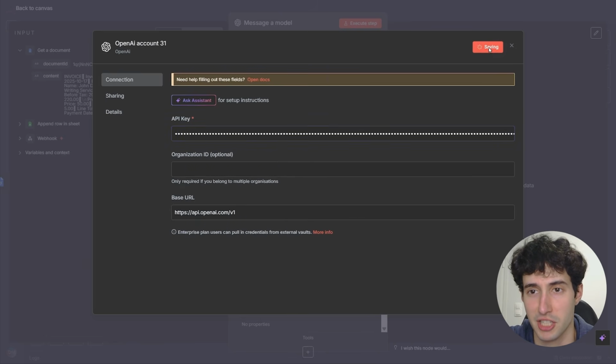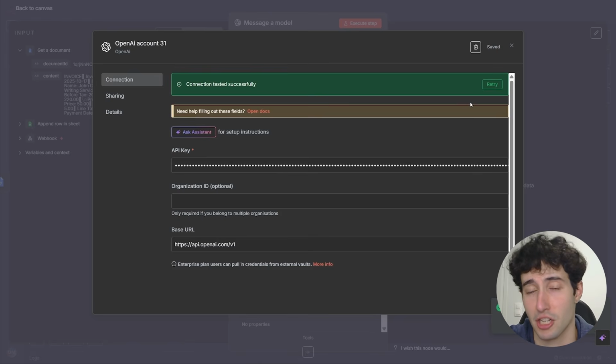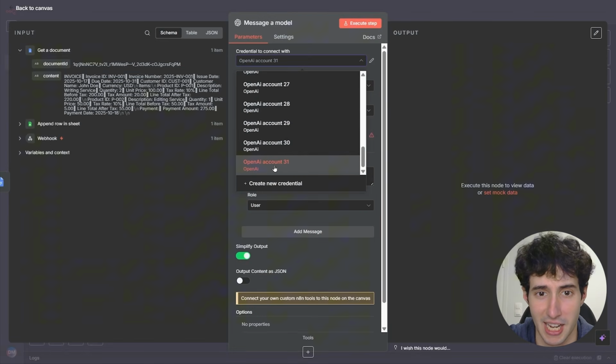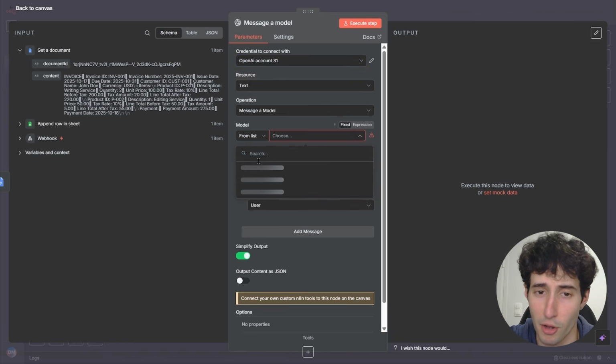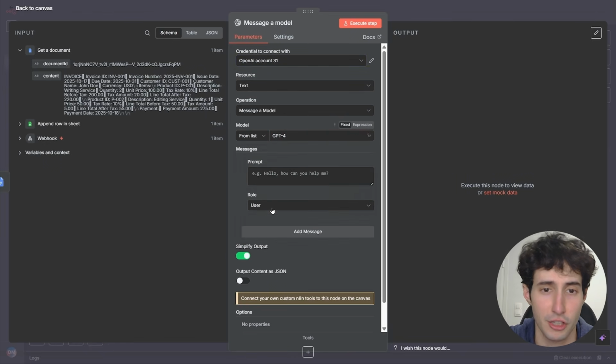and then come over here, click on save, and boom, as you can see, our credentials were successfully saved, which means that we can close this off, and then we can simply come over here and select our credentials. Then for the model, I will personally go with GPT-4. You can obviously select any LLM model that you want, but the main part of this node is the system prompt,